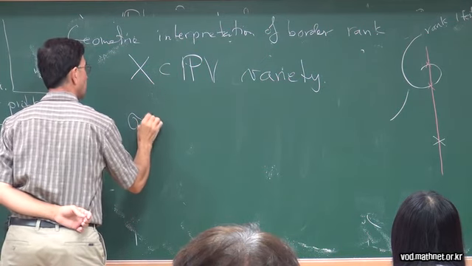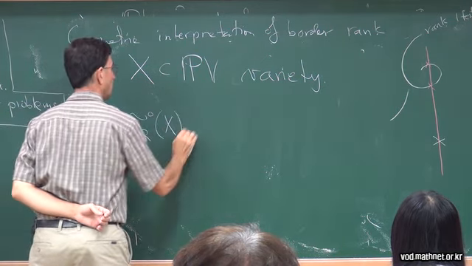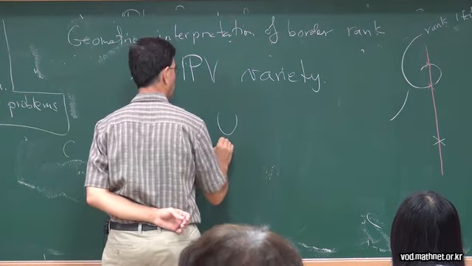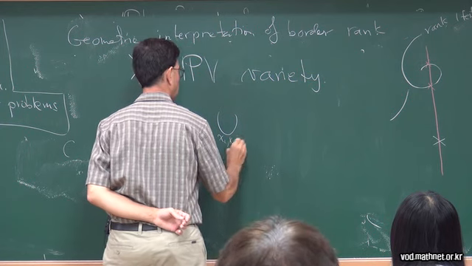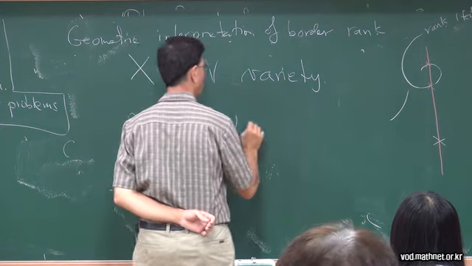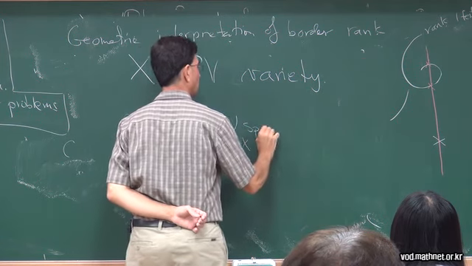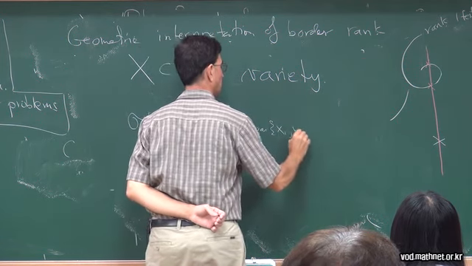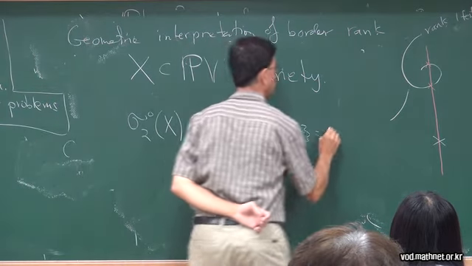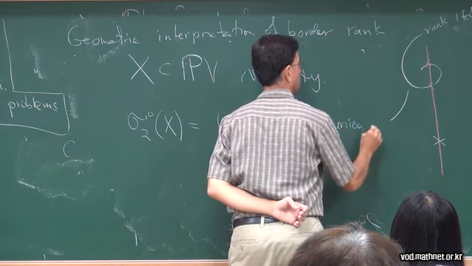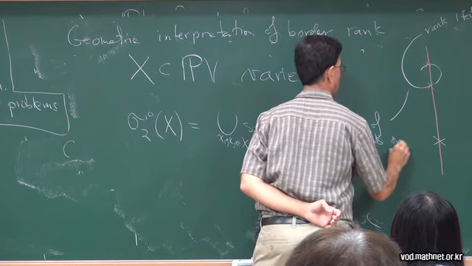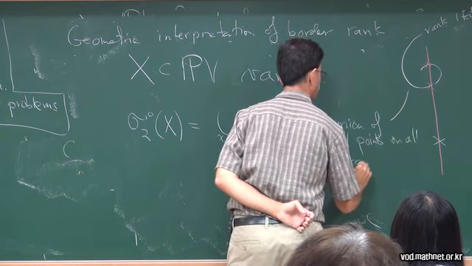Let's say sigma 2, 0 of x will just be the union, say, from all x1, x2 in x of all of the span of these lines. And this is the union of all points on all secant lines